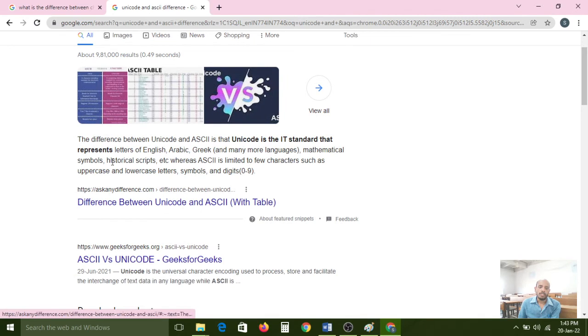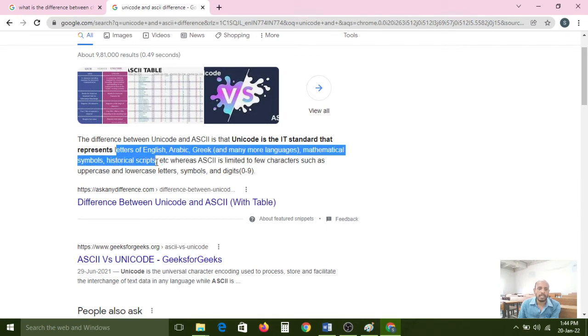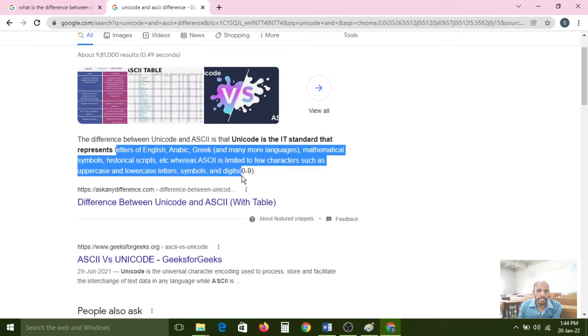The character data type is related to ASCII. The difference between Unicode and ASCII is that Unicode is the IT standard that represents letters of English, Arabic, Greek and mathematical symbols, historical scripts, etc. Whereas ASCII is limited to a few characters such as uppercase and lowercase letters, symbols and digits.